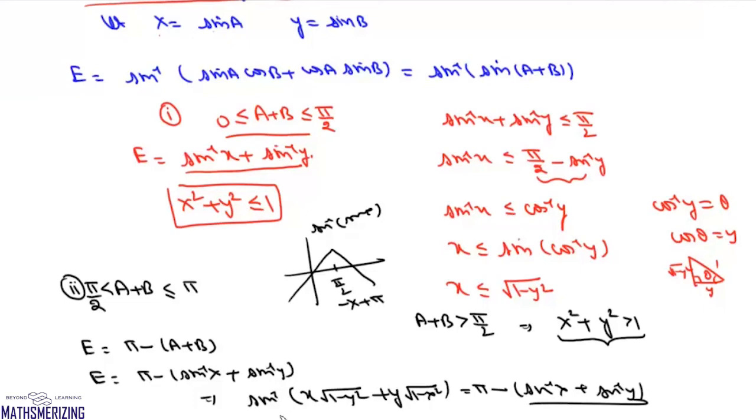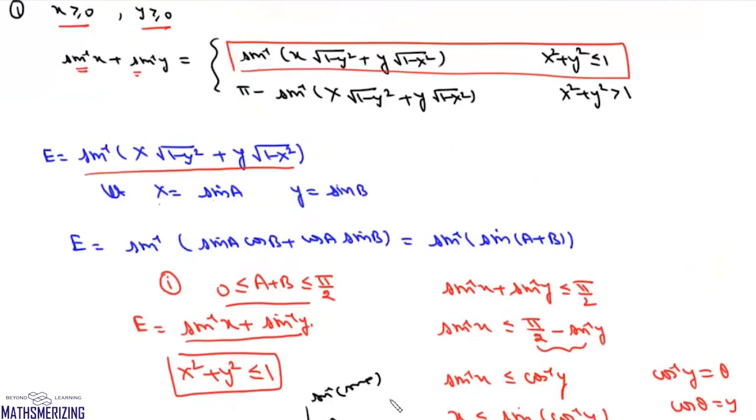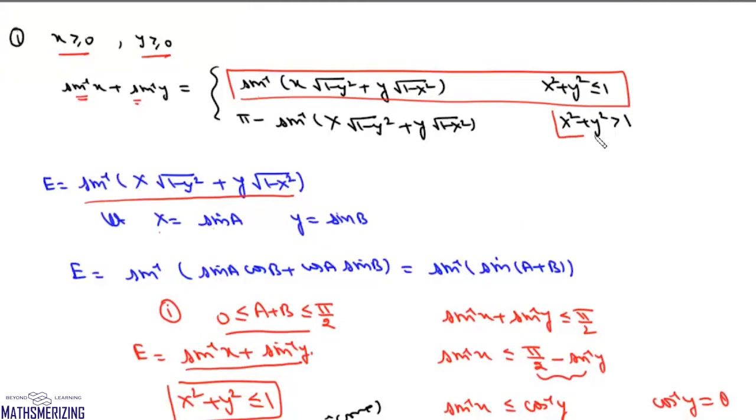Now we interchange both of them, then we'll get the result for the second part, which is when x square plus y square is greater than 1, in that case, the value of sine inverse x plus sine inverse y will be pi minus sine inverse of x under root 1 minus y square plus y under root 1 minus x square. So this is how we use the self-adjusting property to prove formulas. Now we have proved the formula when x and y are both greater than 0. If x and y are negative numbers, then we'll simply use this property: sine inverse of minus x is minus sine inverse of x, and then we can adjust the formula accordingly.